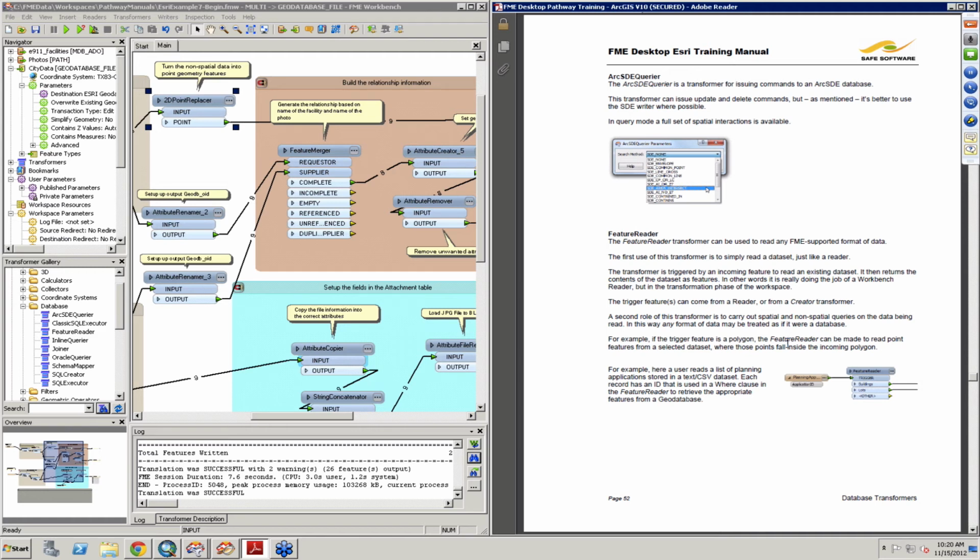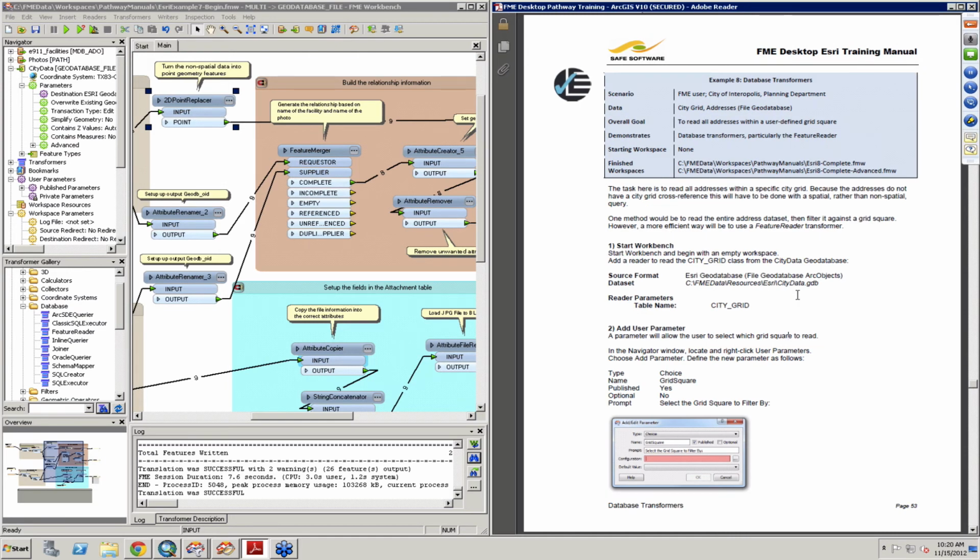We'll be taking a look at the feature reader in example 8 on page 53. But basically the feature reader allows you to read in from a database just the features that you're interested in. Okay, so example 8